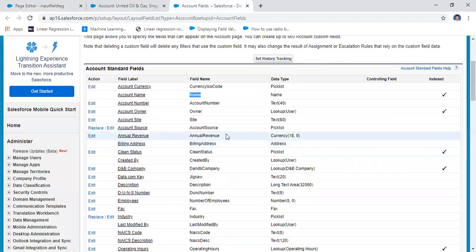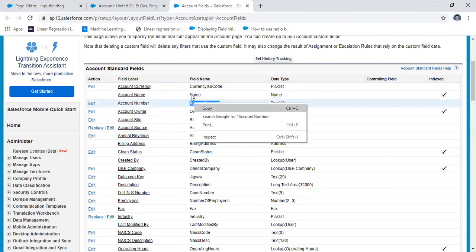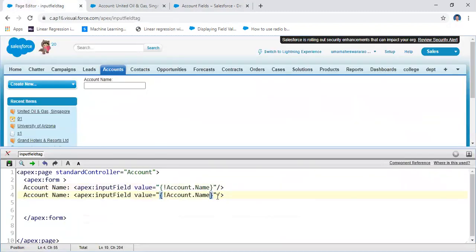I want to display another one, the account number. How can I get the account number? Using the input field, the standard account dot the input field, account number.